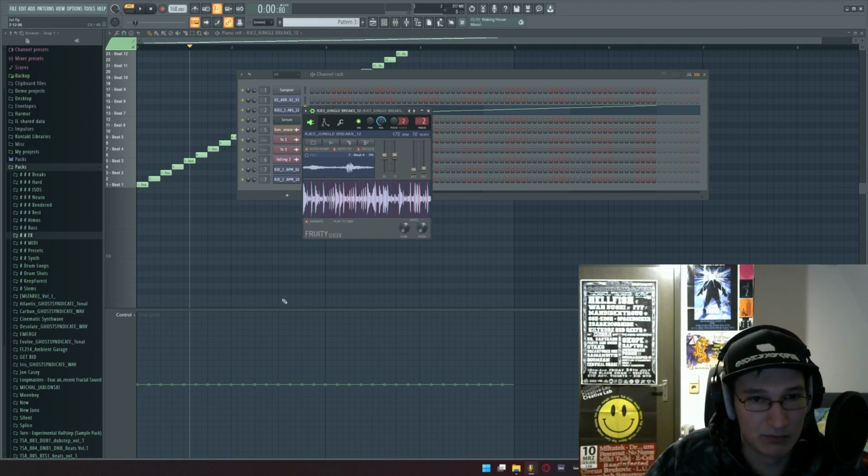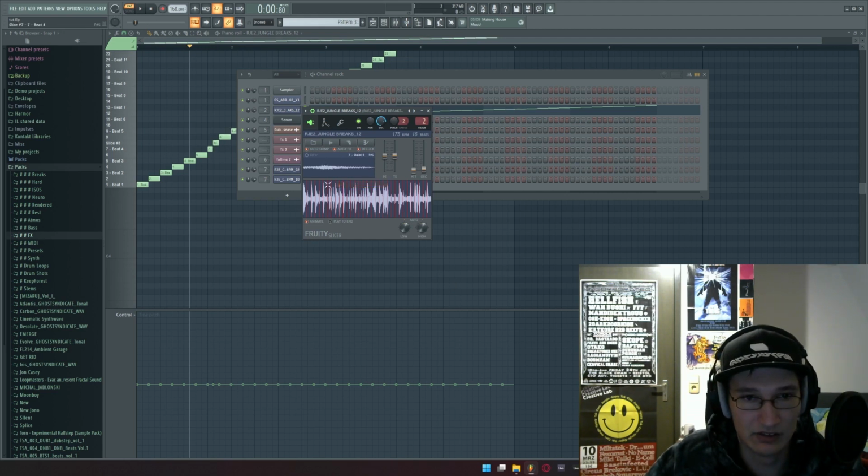But what that does to a break like this is, if you have a break roll, it will have both of those 16th notes in the same slice, and that's not necessarily what we want. So to add a slice here, you click on the slice, you see the little preview window where you can preview it, and then you can add a slice. So let's approximate the middle of this, right click, click on split slice, and now we have a nice little